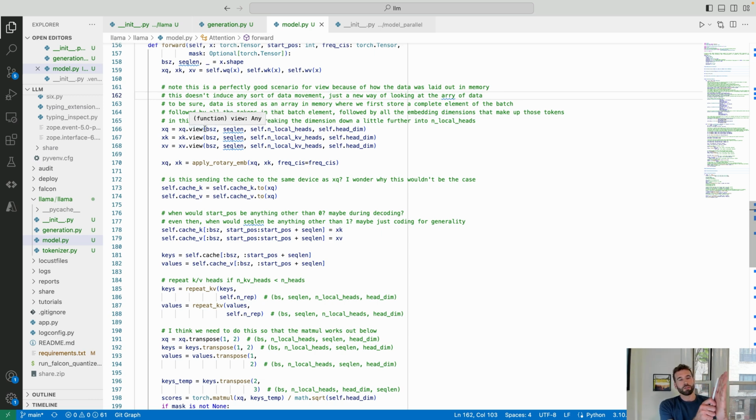So you've got an entire example from your batch laid out in memory first. Then you go on to the second element in your batch, and within each of those chunks you have the first token in your sequence, and within that you have dimension 1, dimension 2, and so on and so forth. And so what's happening here is, instead of considering the last dimension to be the dimension of the tokens,